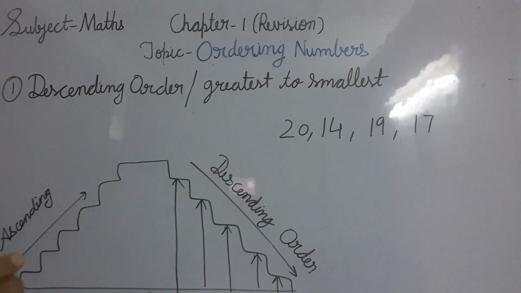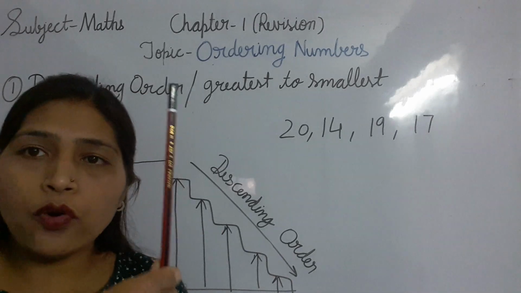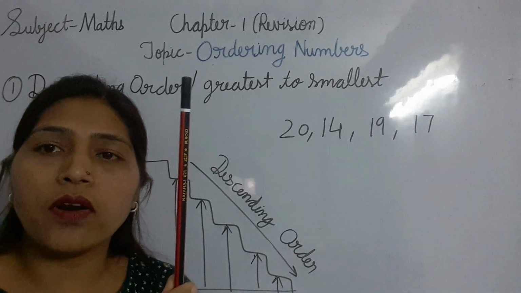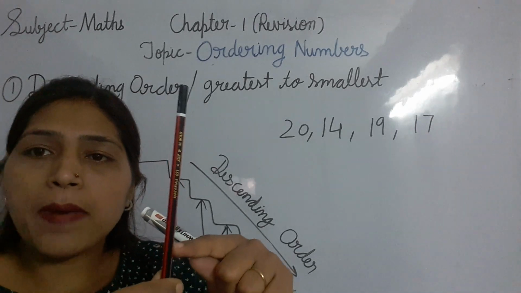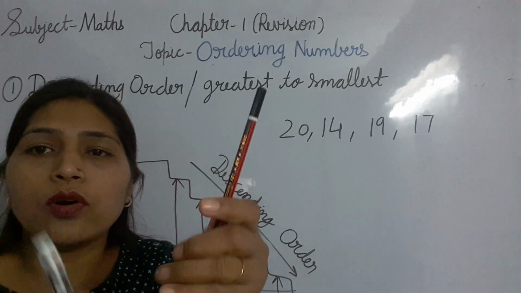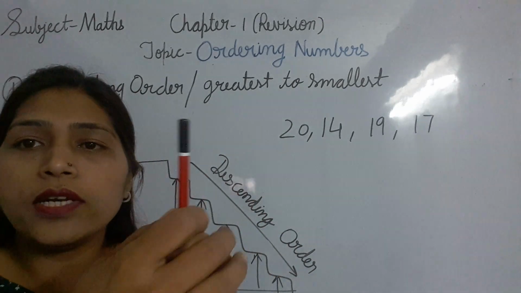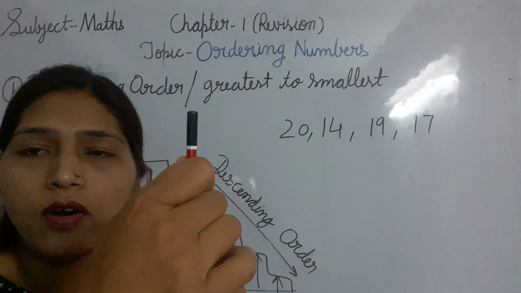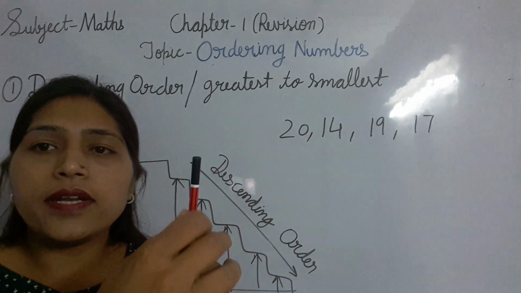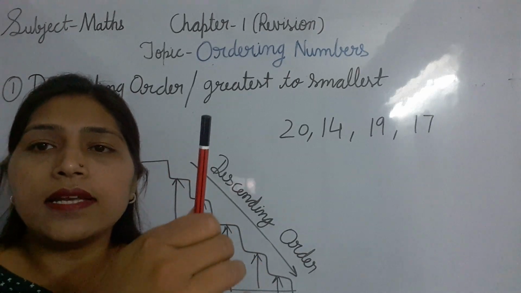If I have one pencil here, yes, it's a new pencil, but after a few days what will happen? You will sharpen this pencil and gradually, slowly the height of the pencil will decrease, and slowly it will come to here, till here also. So what is happening? The height of the pencil is decreasing.